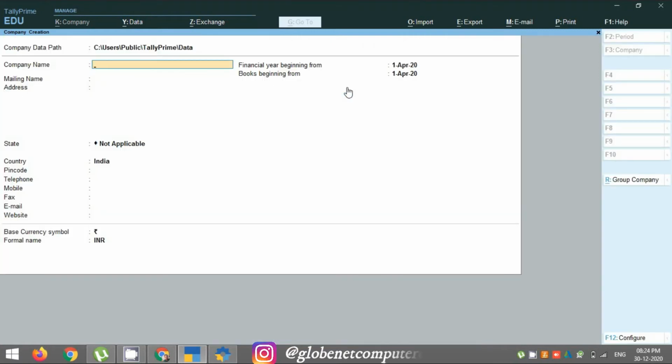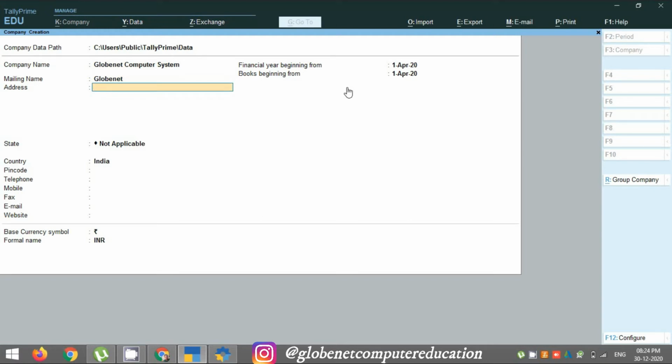Company data path will be the same for everyone. The company name, suppose we take it as GlobeNet System. Mailing address, you can keep it the same, or if you want to change it, you can keep it as GlobeNet.